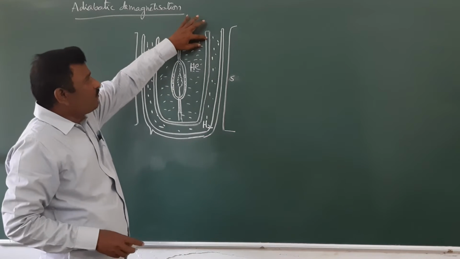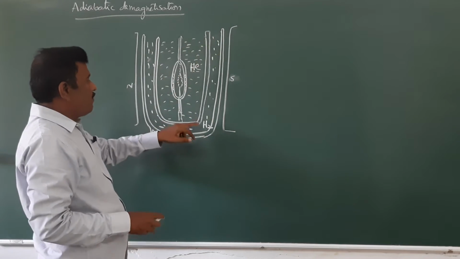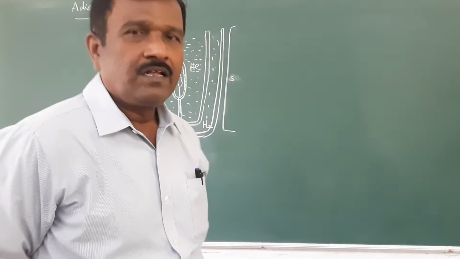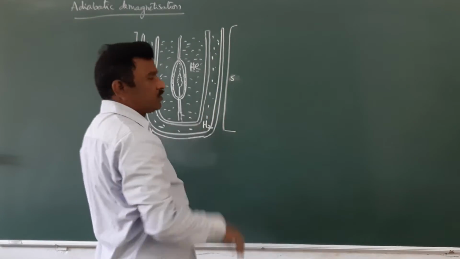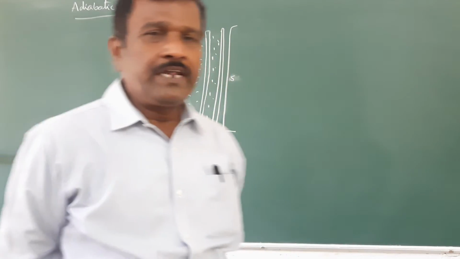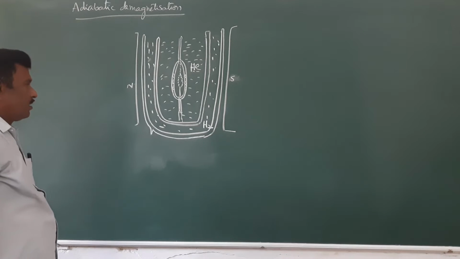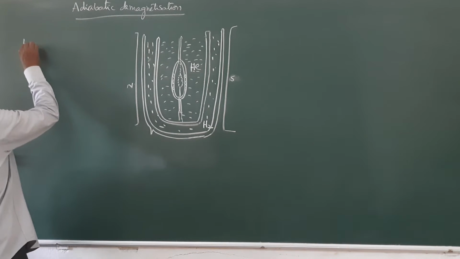Then this flask is kept inside another dewar flask containing liquid hydrogen. This entire arrangement should be kept between strong magnetic poles that will produce a very strong magnetic field. This is the construction. Coming to the working,